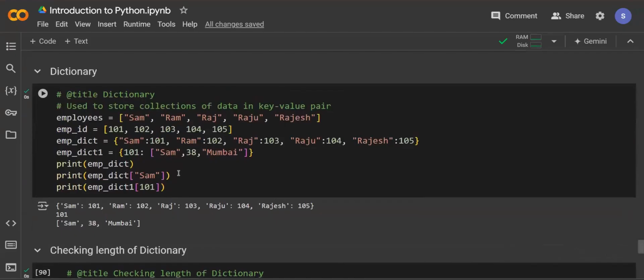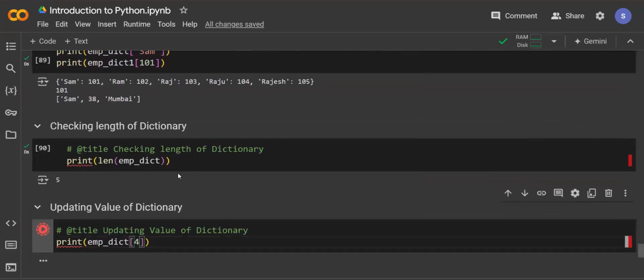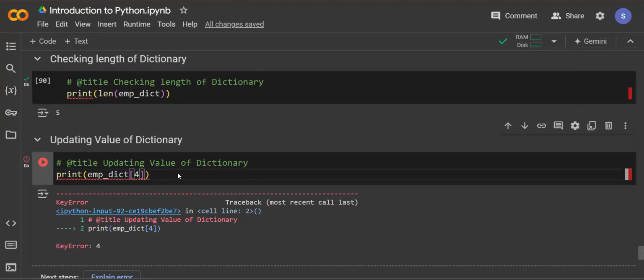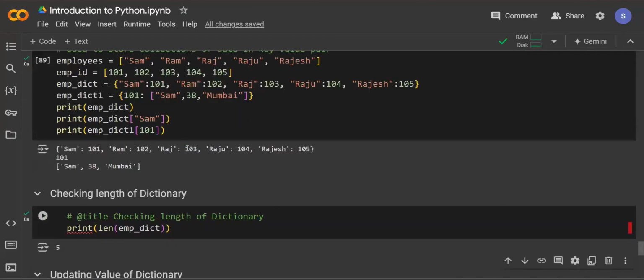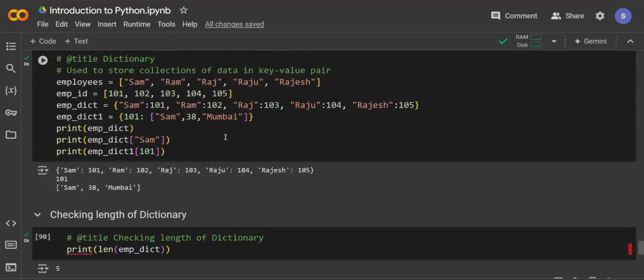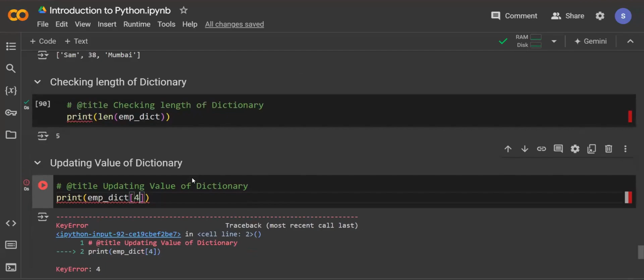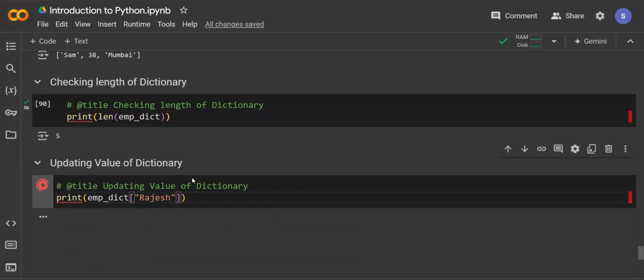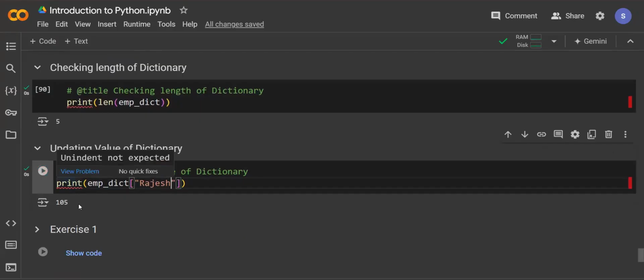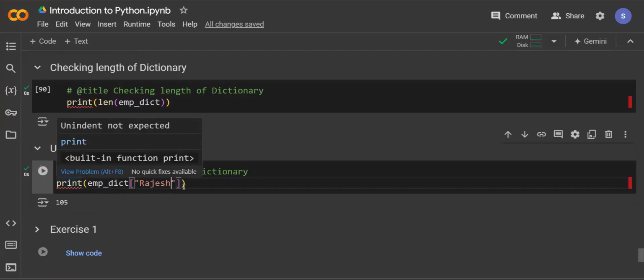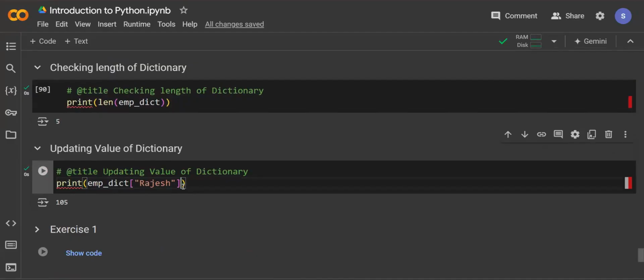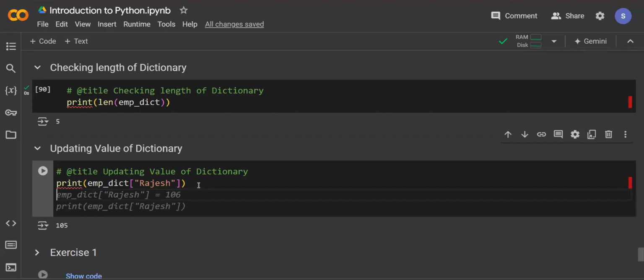No, 4, my bad. Okay, my bad. We are supposed to access with the key, that is Rajesh. So we are getting the answer as 105. Here, if I change this value to some other value, let's say I'm writing here